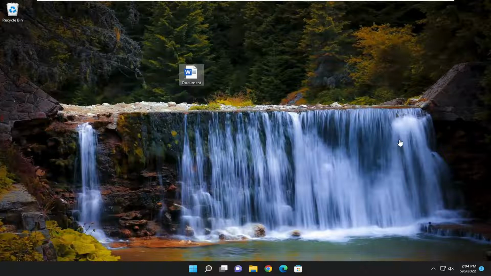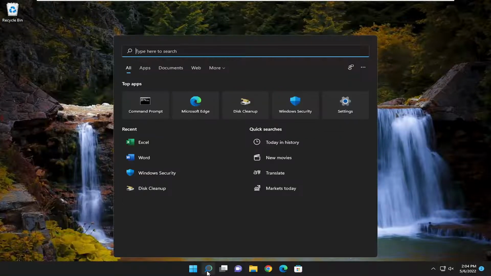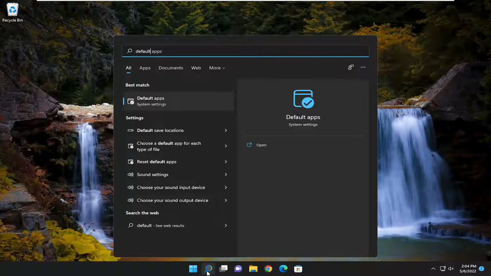In today's tutorial, I'm going to show you guys how to set Microsoft Word as your default word processing application on your Windows 11 computer. So this should hopefully be a pretty straightforward process here, guys, and without further ado, let's go ahead and jump right into it. So all you have to do is open up the search menu, type in default, best match